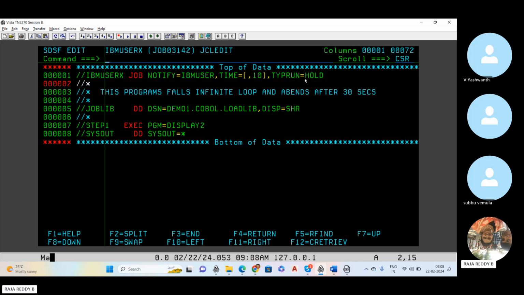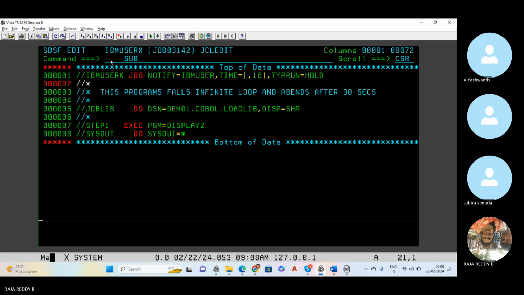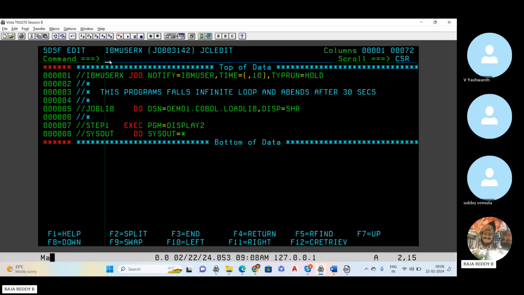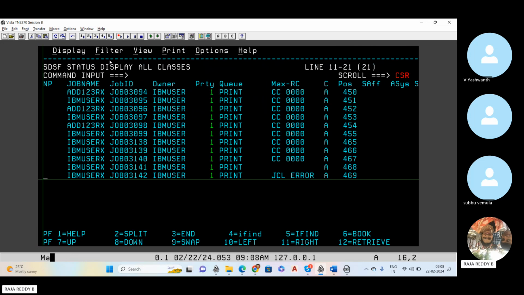ఓకే, నెక్స్ట్ ఈజ్ ద టైప్ రన్ ఈజ్ ఈక్వల్ హోల్డ్. స్కాన్ తర్వాత హోల్డ్ అంటే ఏమవుతుందంటే హోల్డ్ ఆల్సో ఇట్ విల్ వెరిఫై ఆర్ ఇట్ విల్ స్కాన్ ఆల్ ద సింటాక్స్ ఎర్రర్. ఇఫ్ దేర్ ఈజ్ నో సింటాక్స్ ఎర్రర్ దెన్ ఇట్ విల్ బి ఆన్ హోల్డ్ పొజిషన్ ఇన్ ద స్పూల్. నేను హోల్డ్ అనేది సబ్మిట్ చేశాను. సబ్మిట్ చేస్తే ఏమవుతుందో చూస్తాం. సబ్మిట్ అయింది, స్పూల్‌లోకి వెళ్ళాను. స్పూల్‌లోకి వెళ్తే ఇక్కడ చూడండి,